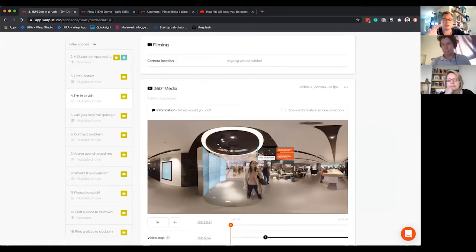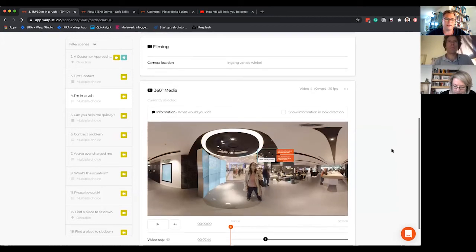So to be clear, your software is not meant for the editing process, right? You don't do a lot of editing in 360 video, especially in these interactive ones. Your platform is not for the editing that you do in Adobe Premiere or Final Cut. But this is really for the interactive layer and the distribution to all the devices, right?